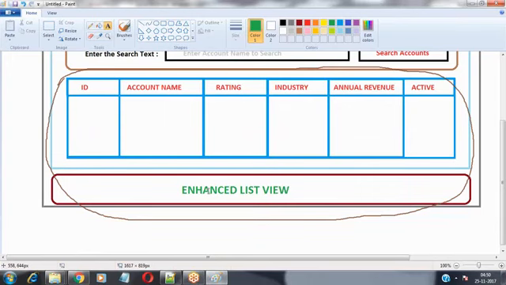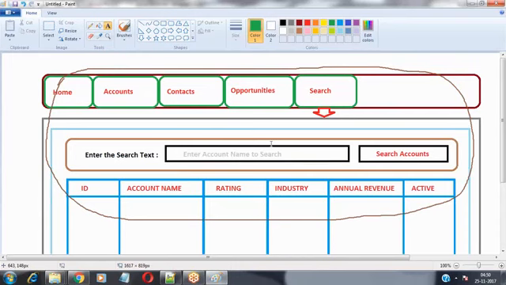So what needs to be done is we have to design this user interface with the help of Visualforce programming, and open that Visualforce page when you click on this tab. When I click on that tab, if you redirect the user to a Visualforce page which you have designed, then it is called Visualforce page tabs.